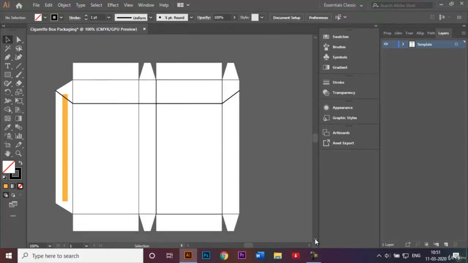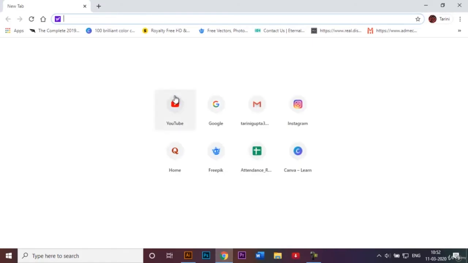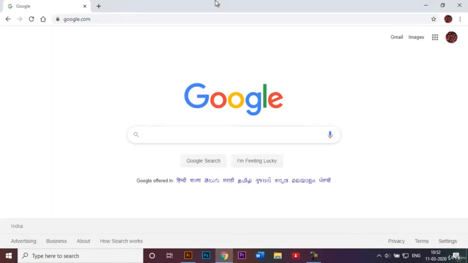So once that's done, we can go ahead and also add the various other things in our cigarette box as well. Once that's made, I'll just go ahead and lock this layer so that I do not accidentally delete anything. I'm going to create a new layer, and over here I'm just going to add text. No, actually graphic content. So I'm going to open Google, and I'll be looking for those particular graphics that are usually printed on the front side of your cigarette box, right? So you just type in